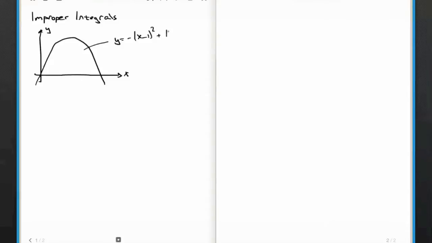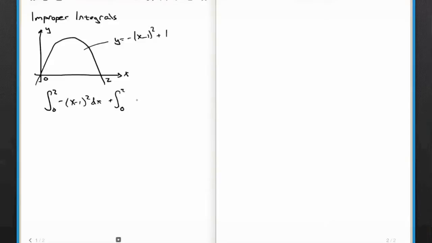And then we could say that this is 0, and then if we figured it out, that would be 2. And if I wanted to find the integral from 0 to 2 of negative x minus 1 squared dx plus 1,